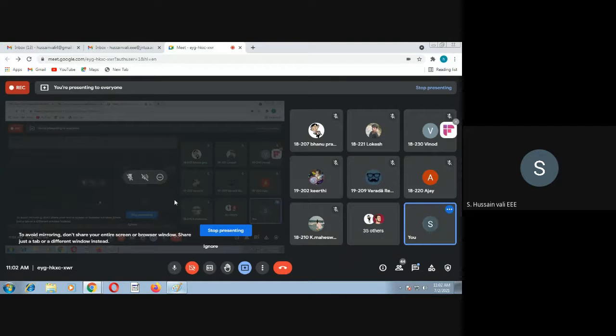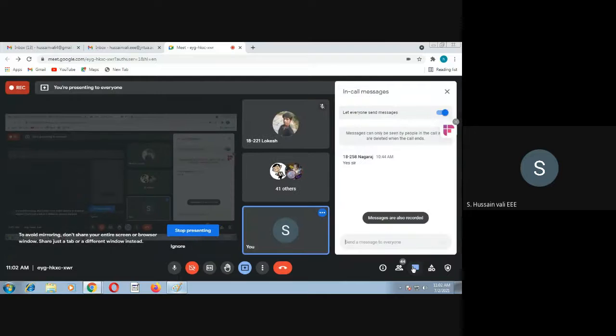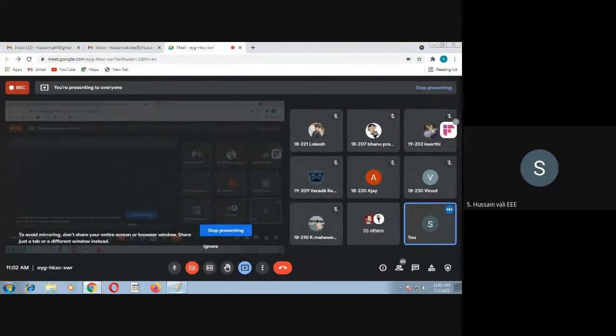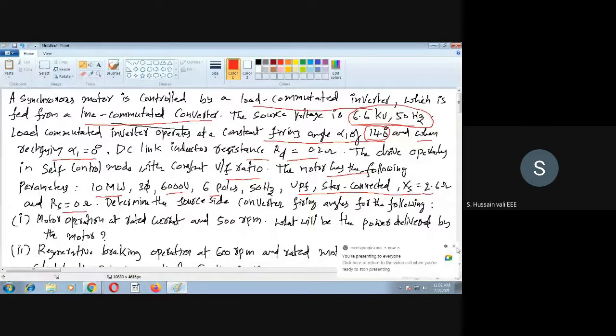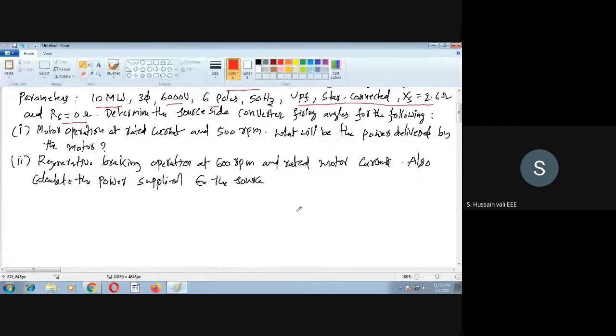First of all, where can we find out this angle alpha? Somewhere we need some equation, one equation, so that we can find out the alpha there. So I will tell you one equation which relates the rectifier firing angle. Now the rectifier is a controlled rectifier. So for the controlled rectifier, what is the output